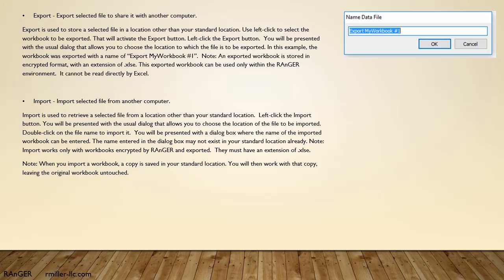The name entered in the dialog box may not exist in your standard location already. Note: import works only with workbooks encrypted by Ranger and exported. They must have an extension of .xlsc. Note: when you import a workbook, a copy is saved in your standard location. You will then work with that copy, leaving the original workbook untouched.